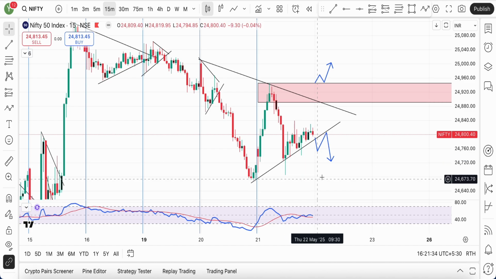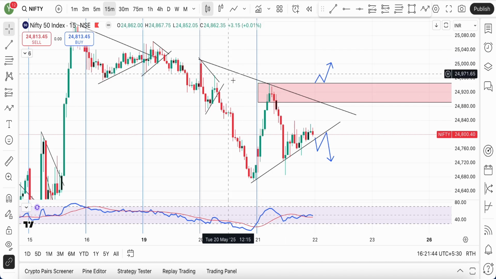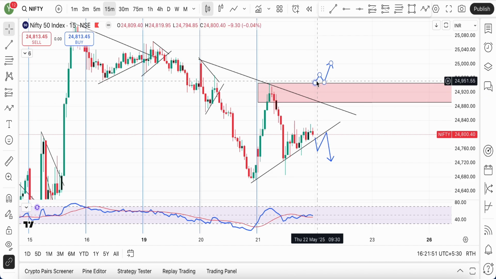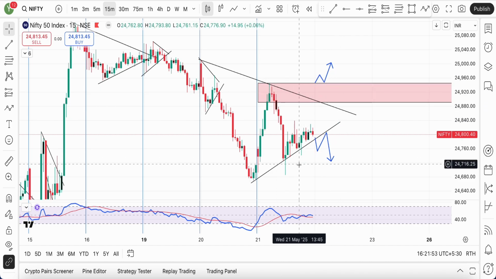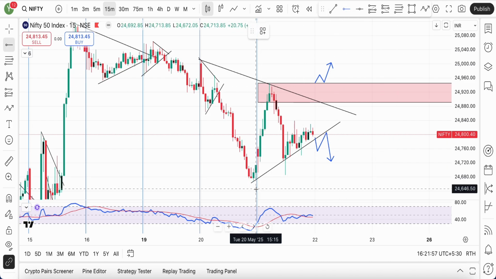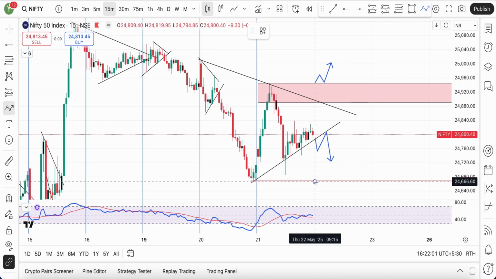In case the market opens flat, spends some time around here, and again reaches this particular level. See, this level has been tested once. It can get tested twice, because there's no new low or new high which has been formed, so this level remains the same, exactly the 0.5 to 0.618 level which we had marked yesterday. Any break below this is an absolutely good short trade.